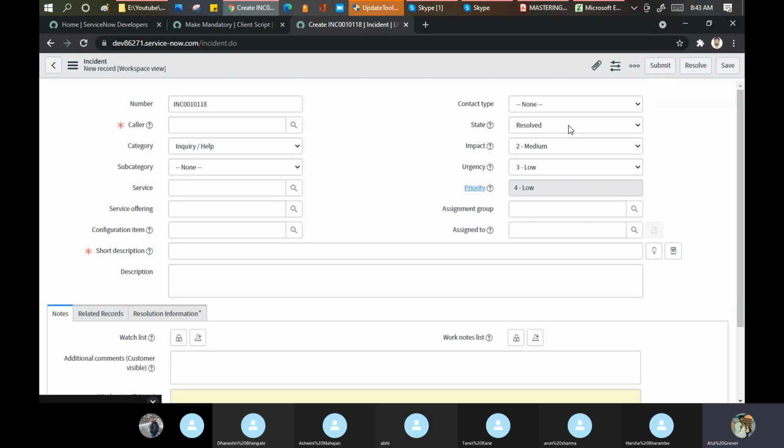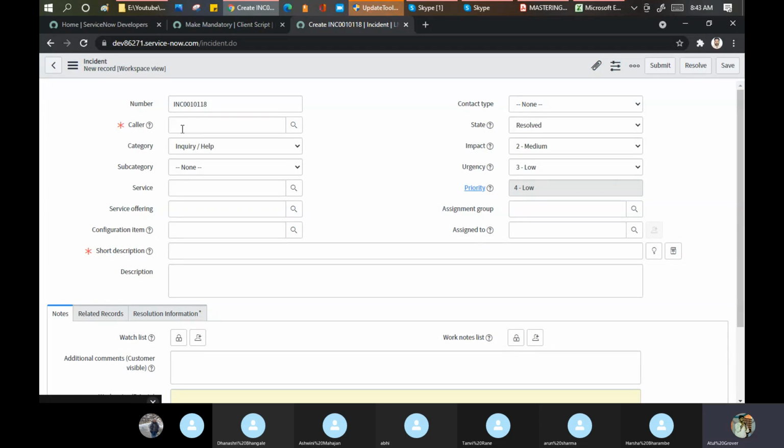If you want to set any value, you remember that we did the data lookup. On the basis of the caller, my assignment group is coming. Yes or no? Right? We did that part, right? Yes. You can do the same thing with the scripting as well. But in that case, you have to write a very big script, which goes in the background and checks the user sys_id and the group sys_id.